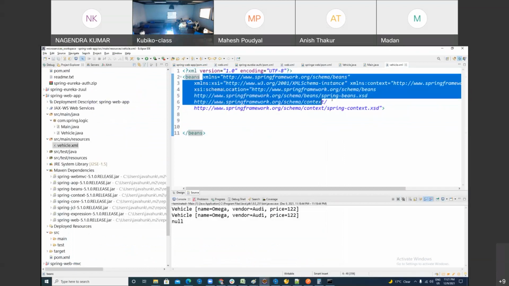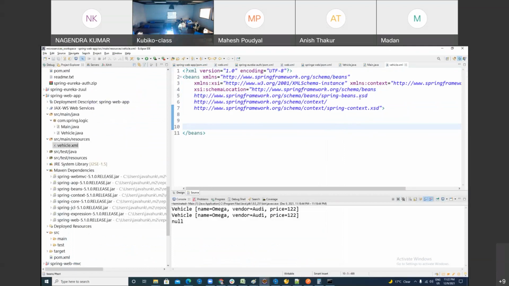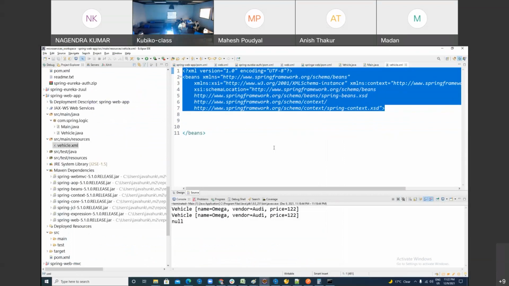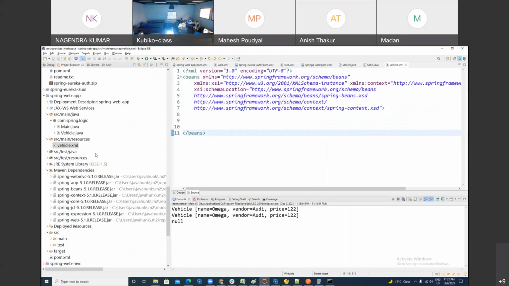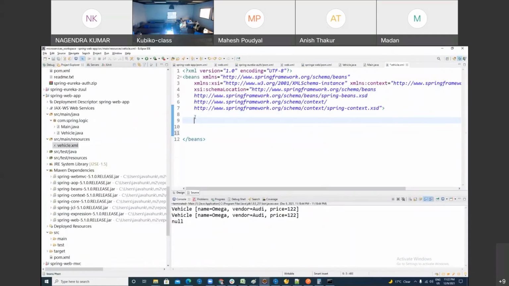This is called the package namespace. I will teach you this separately when we discuss XSD. So this much you can blindly copy and paste. Agree? Beans. Every XML file has a root element. So what is the root element of a Spring meta configuration file? Beans, right? Inside beans, you can use a bean tag to make the instance of